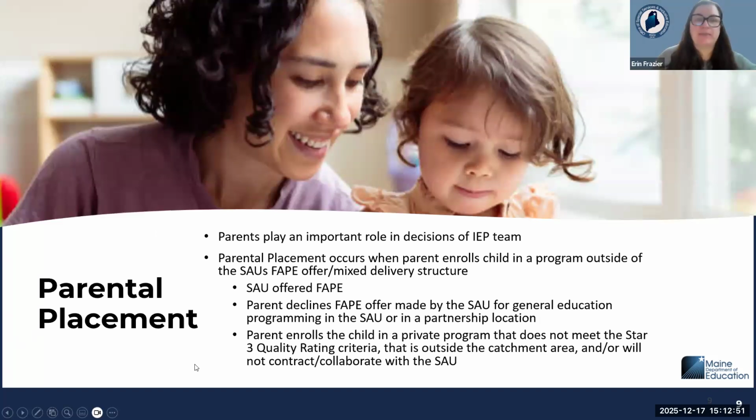All right, parental placement is challenging to define in this age group. So we've attempted to put some parameters on parental placements so that you can understand how to navigate that. So obviously in this age range, there's a lot of decision making and a lot of parental involvement in how those services are going to be delivered. And they play an important role. They always play an important role, but in this age,